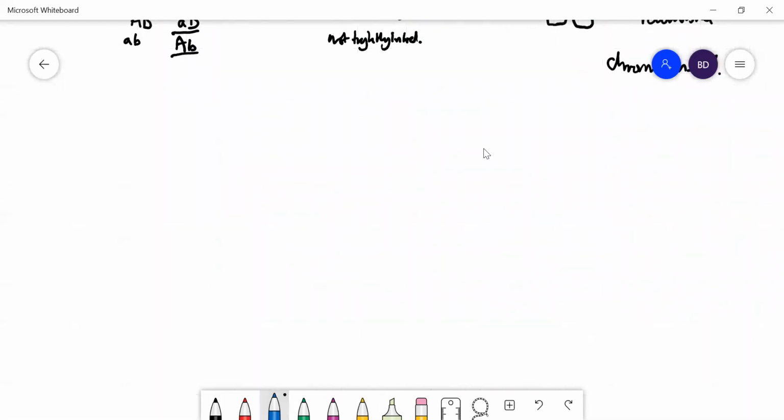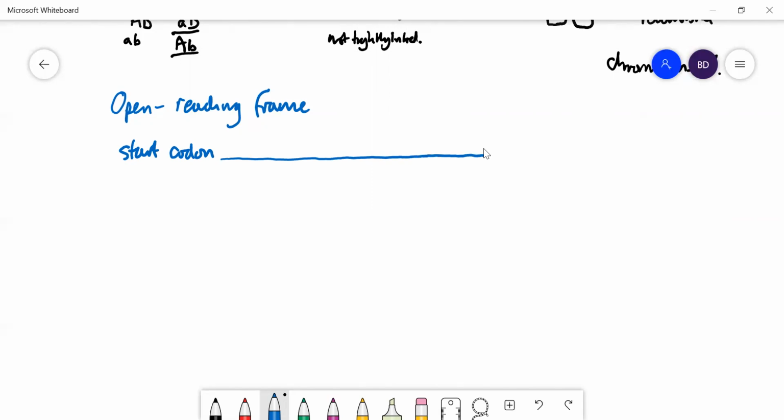they were looking in the sequence for something called an open reading frame. We know that probably only 3% or something of human DNA actually codes for proteins. The rest of it, I'm not entirely sure what it does, but it does have some function. But open reading frames, you can tell because they'll have a start codon. You know which is the AUG codon, right? Well, in DNA it's ATG, the start codon, and then you'll have a whole load of sequence,